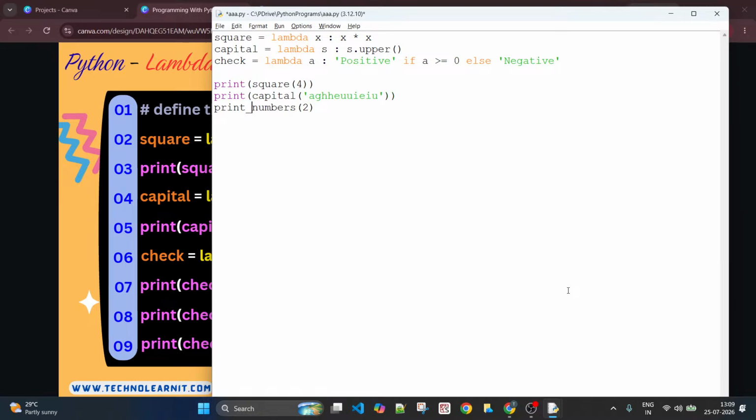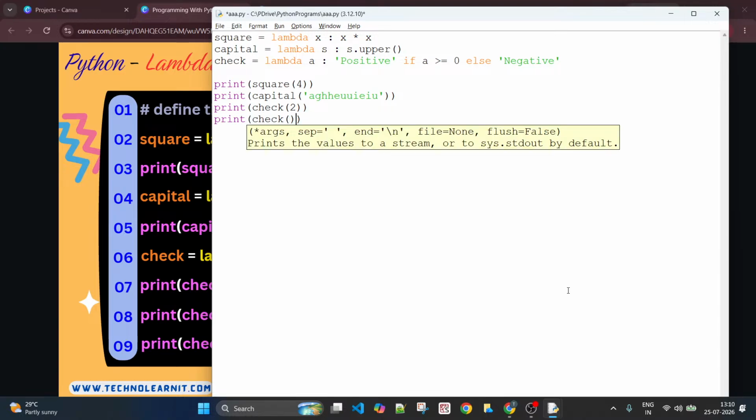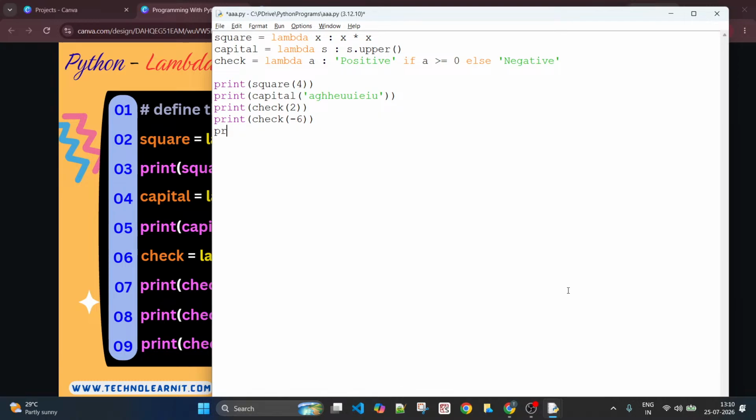And I'm going to call print by passing check now, by passing 2. Also by passing some negative value, minus 6, also 0.